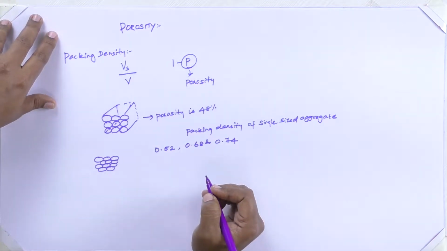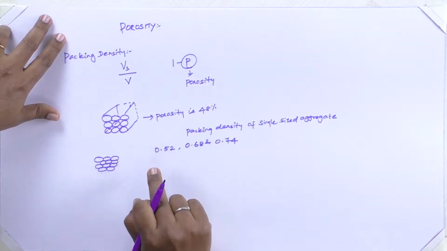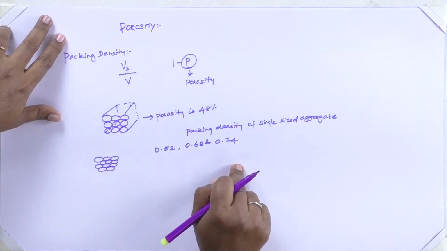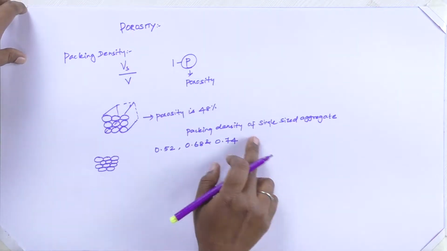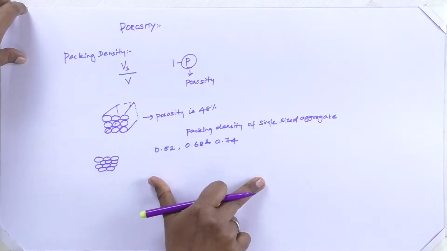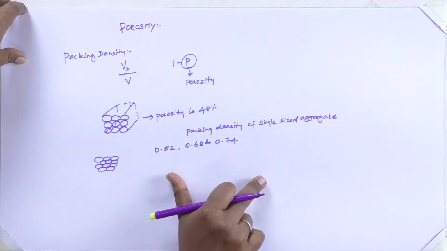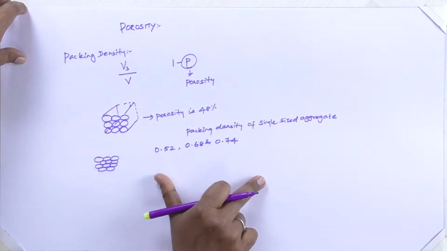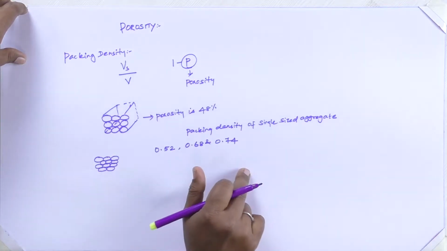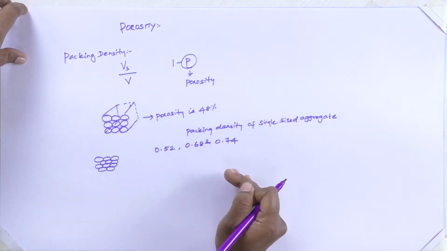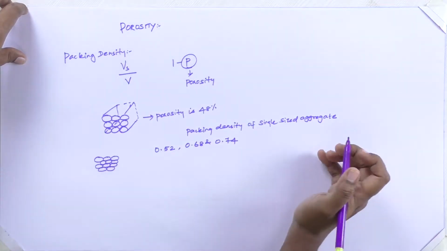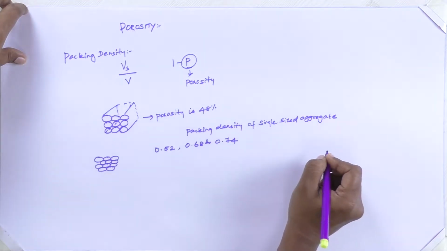For a single sized sphere, it lies somewhere around 0.58 to 0.74, and that 0.62 we have discussed in the angularity number in the last lecture. That 0.62 came based on this packing density. That is, when single sized spheres are being packed, that packing density was found to be around 0.62. So it lies somewhere between this 0.58 and 0.74, and this is how we got that 62%